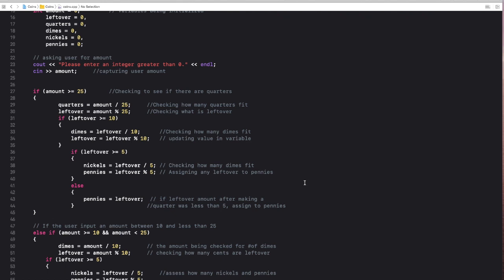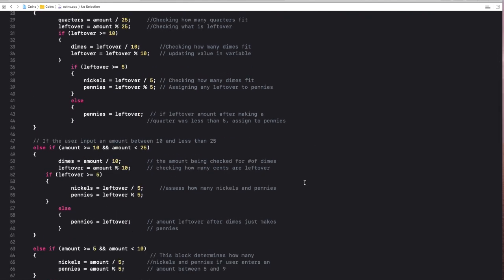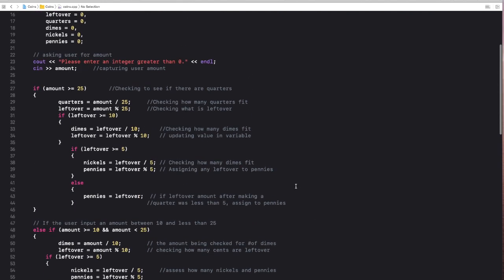When evaluating how to provide the least amount of coins that equate to the value, you do it exactly as if you were a cashier handing back change. So you think about the largest denomination first. So here I start by evaluating how many quarters will